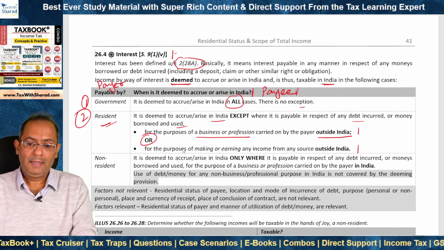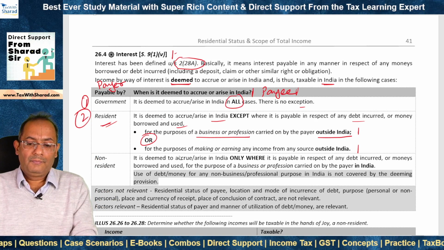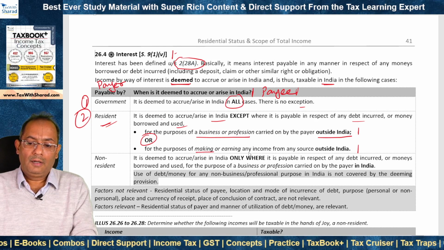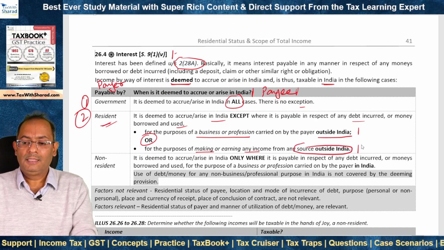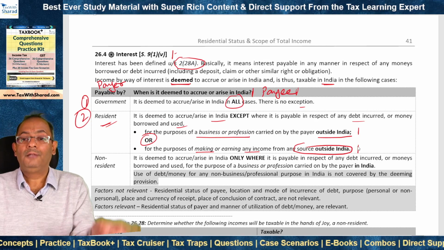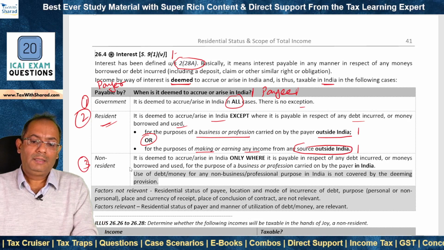Or the second case, where the resident payer has used the money for the purposes of making or earning any income from any source outside India. Even in such case, the interest income will not be deemed to accrue or arise in India in the hands of the payee. Okay. Now we come to the